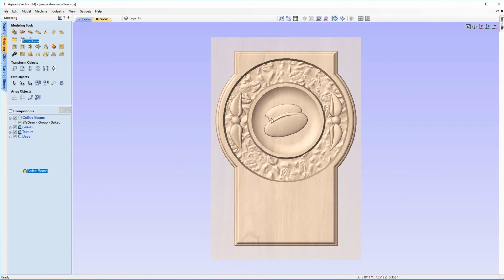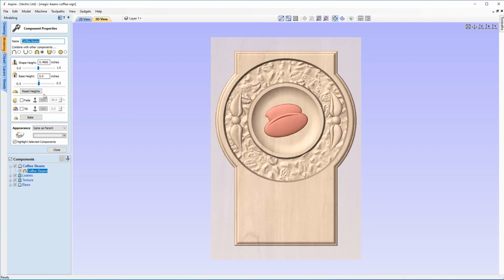Okay, so what we can do is just select the bean baked group, and we're just going to rename this just to simplify it to coffee beans. And then with it selected, we're just going to go back into the component properties. And in the form, we can see that we've currently got a shape height of 0.4906. And we don't want this component to come any higher than the 1/2 inch that we set our base height